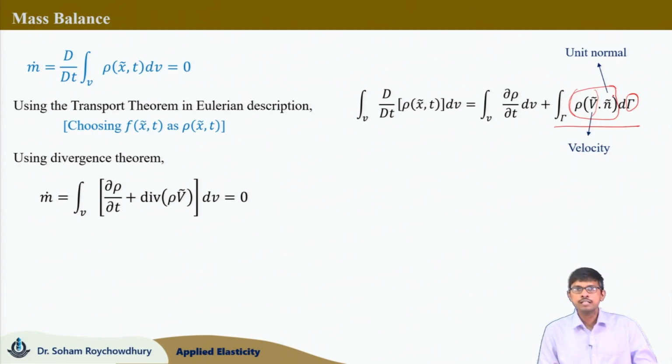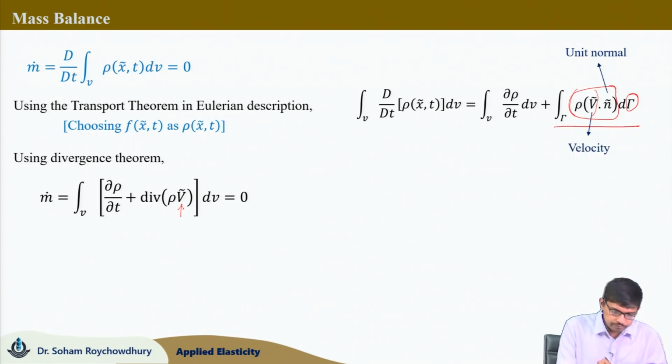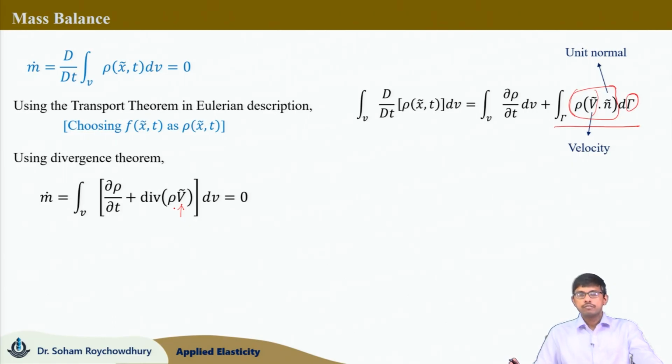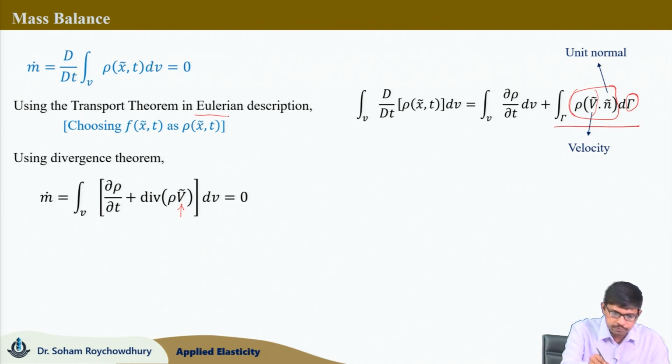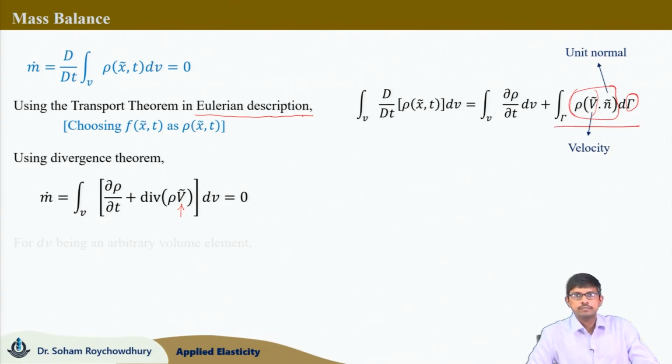Thus, the left hand side m dot becomes the volume integral of del rho del t plus divergence of rho v, where capital V, this vector, is the velocity. Do not get confused with the volume, the undeformed volume. The undeformed volume we are not involving in this particular calculation, because all our description is in the Eulerian description. The volume is d small v, whereas capital V refers to the velocity field.